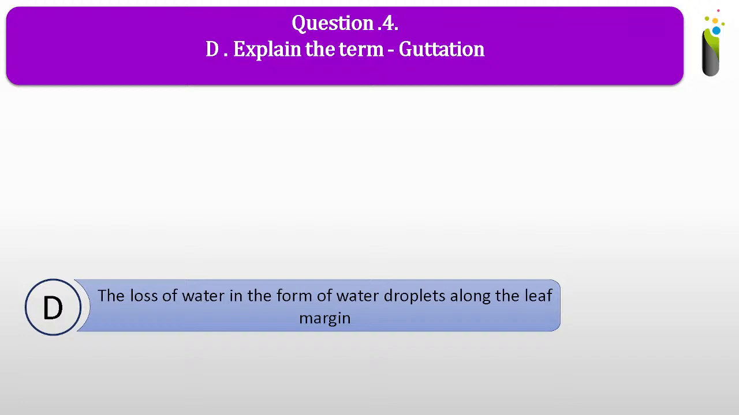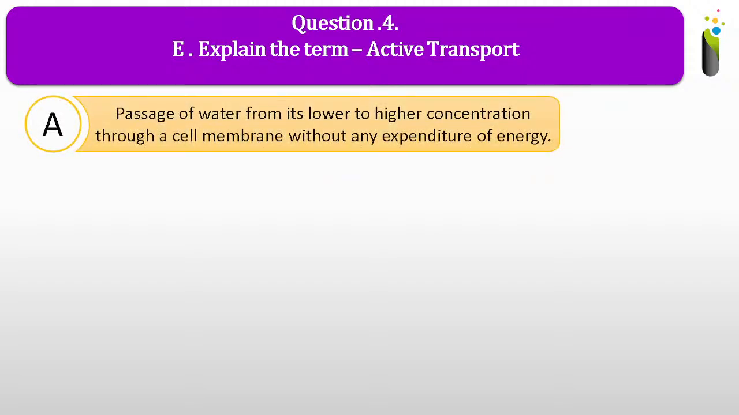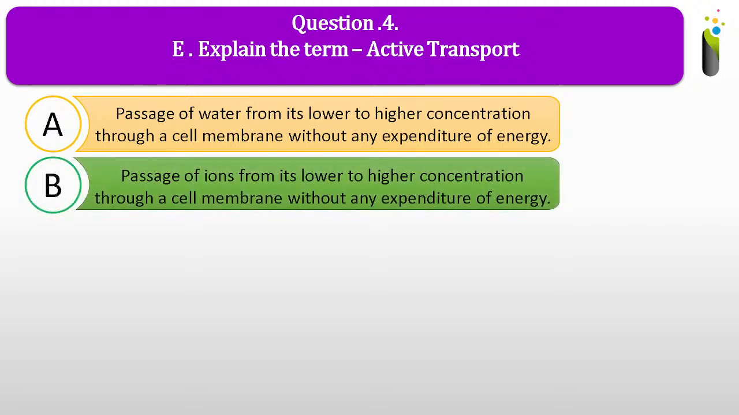And the correct answer for this question is D. The loss of water in the form of water droplets along the leaf margin is called guttation. Okay, so going ahead with question number 4, sub-question E. Explain the term active transport. A. Passage of water from its lower to higher concentration through a cell membrane without any expenditure of energy. B. Passage of ions from its lower to higher concentration